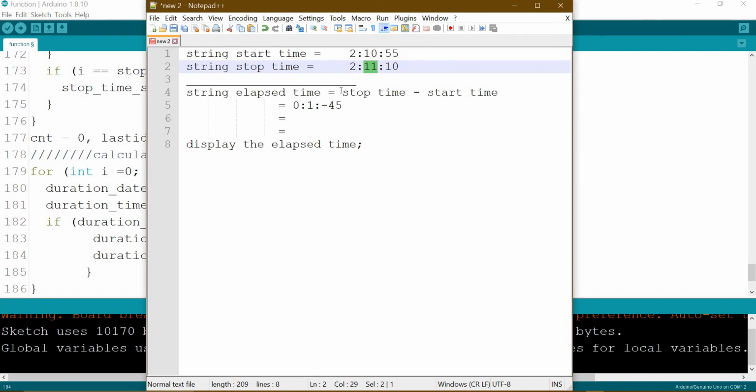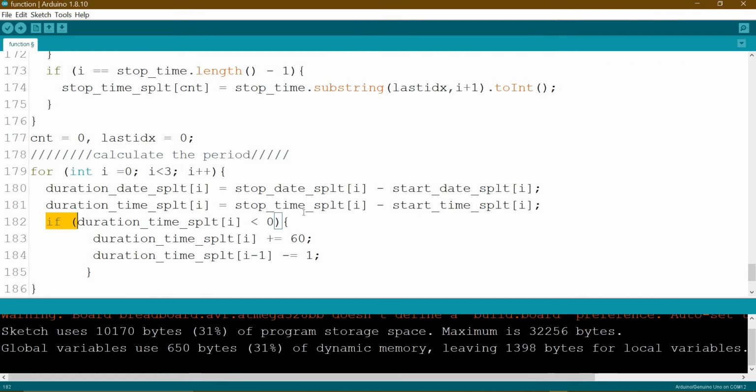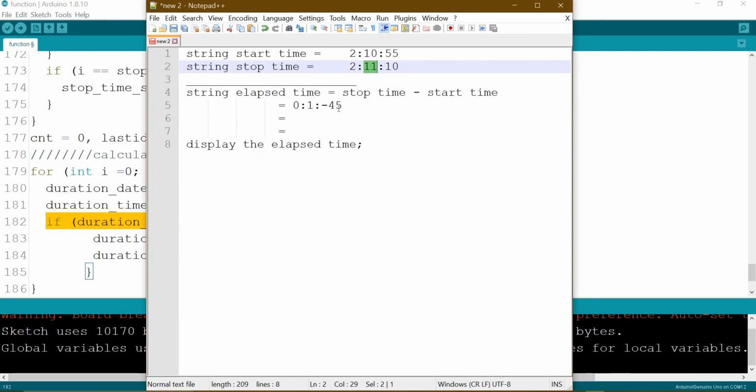Or as we said here, whenever we face a minus value, we add 60. For example, here we have a minus value, so we will add 60. So the result will be 0, 1 minute, minus 45 plus 60, which equals 15